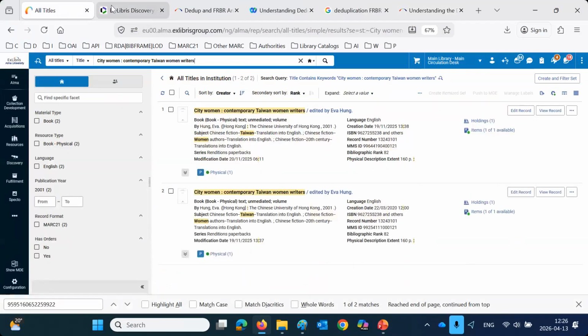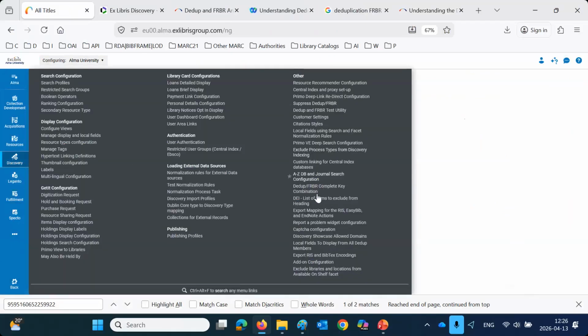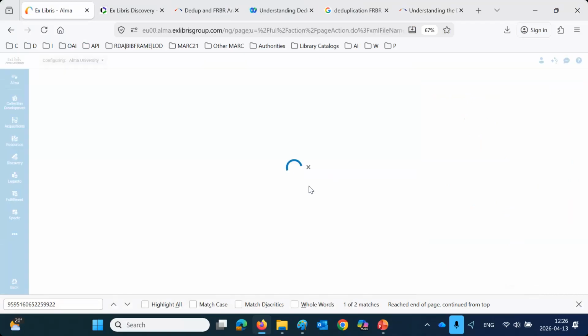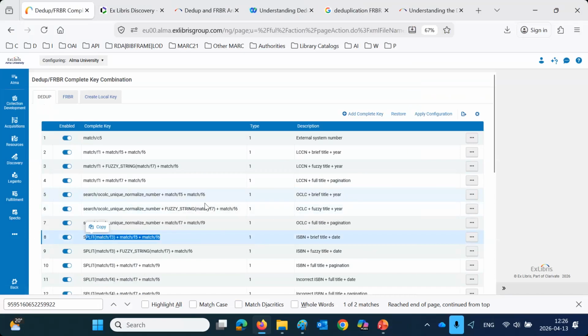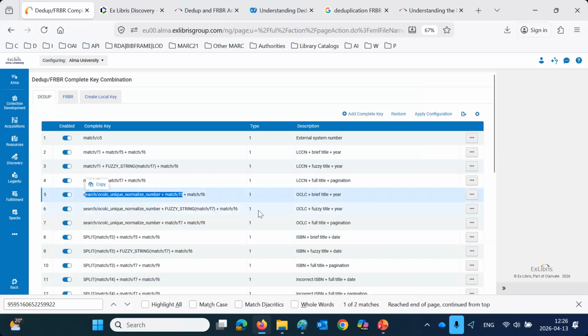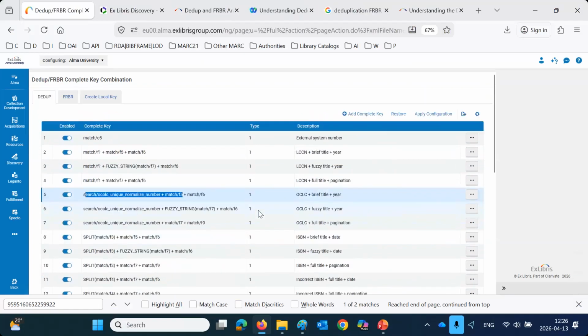If we compare in the utility, so configuration, discovery, other, dedupe and FRBR Test Utility. Let's look first here at the complete key combinations. So here I got a tab for dedupe. So these should all match. If I have the same ISBN, title and date, then I should get, for example, that this is a match. And if I have the same OCLC number, brief title, and year, I should get that this is a match. I might not have an OCLC number in there, but everything that I do have should match because they're identical